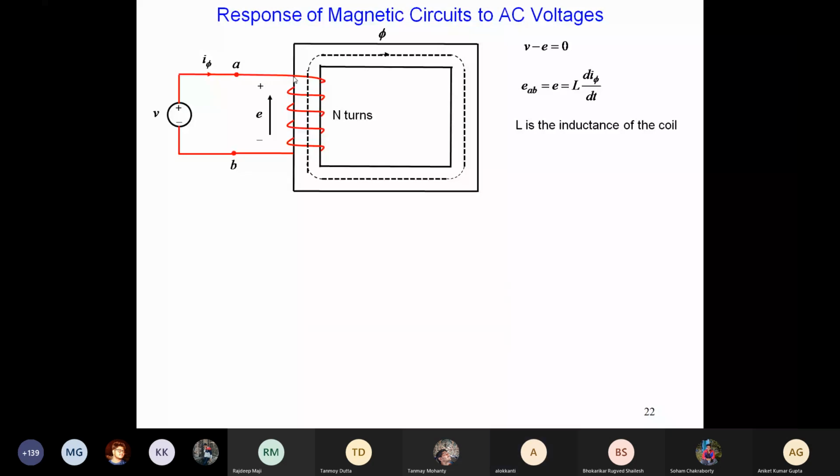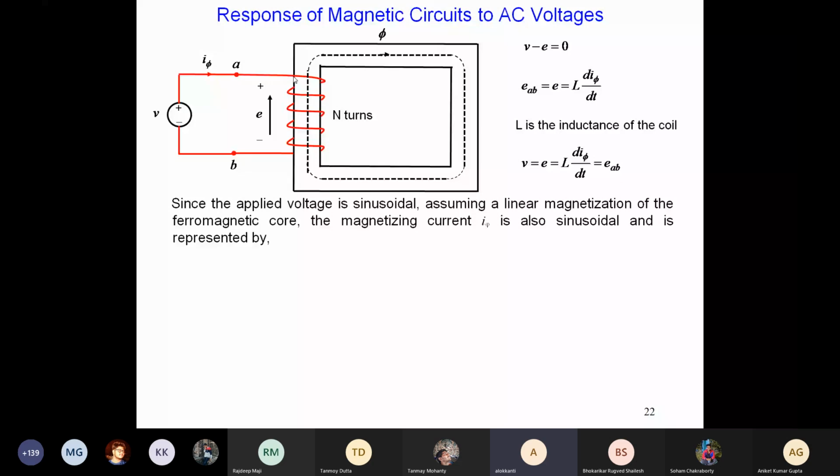L offers basically reactance. Whenever there is an AC, due to L, there is a reactive effect in the circuit. So V is equal to E equal to L dI phi/dt, which is equal to EAB. Now, since this applied voltage is sinusoidal,